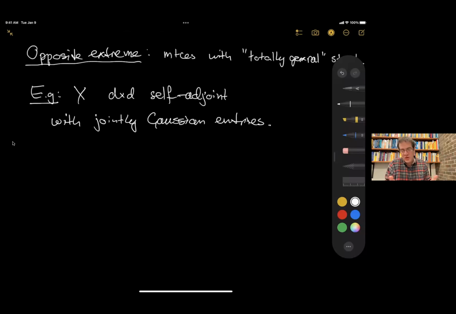But if I tell you that you can take the D by D matrix with any pattern of variances, there is no natural asymptotic question. There's no natural way of taking such a matrix and letting the dimension go to infinity, because I've just described one given D by D matrix. So it's not even meaningful in such situations to talk about asymptotics. There are no asymptotic questions because I haven't defined a sequence of matrices as dimension goes to infinity. So you can't even ask the type of questions that are asked in classical random matrix theory. The only questions that make sense are those that apply to the given D by D matrix.